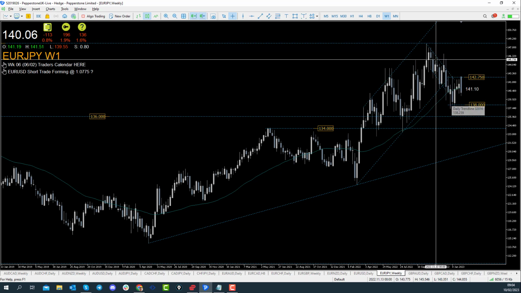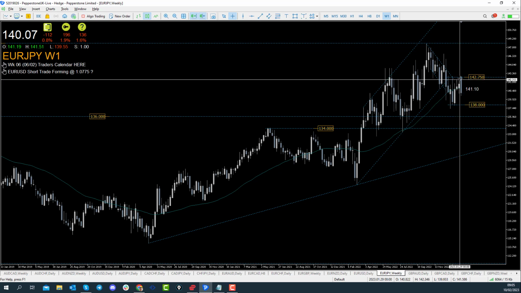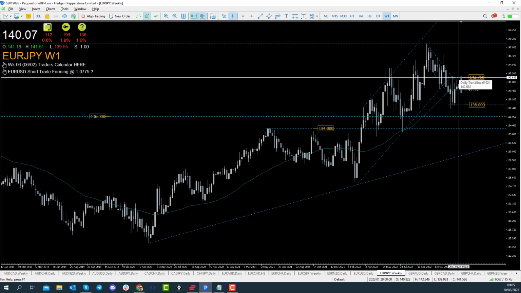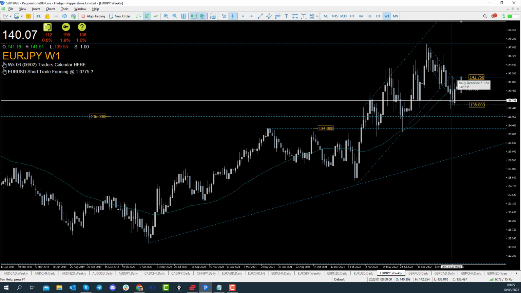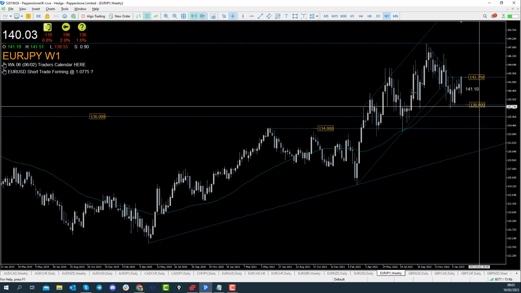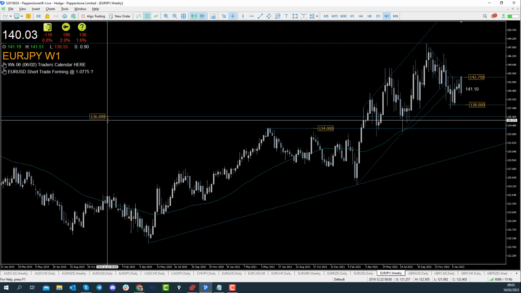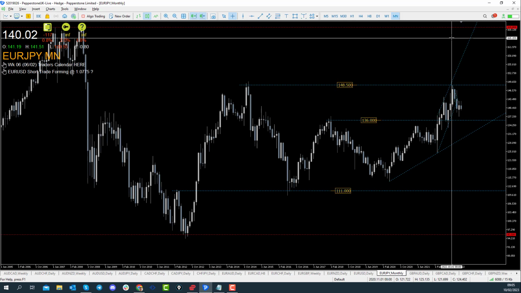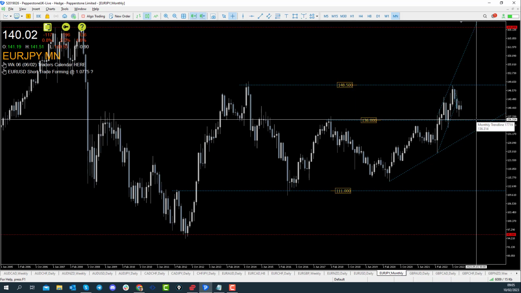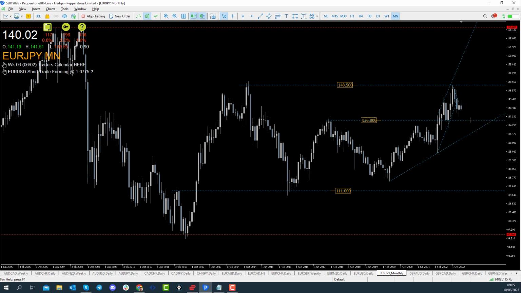Now we've recently traded outside of that bullish channel. We've come back up into an area of resistance at 142.75, and price is just kind of trading between that level and the 138 handle at the moment. I think from the bigger picture, 136 looks to be a good target for price, especially if we just quickly jump up to the monthly time frame. That area is a really nice level of support. So if price was to continue bearish and move down to the 136 before a move up, could be an